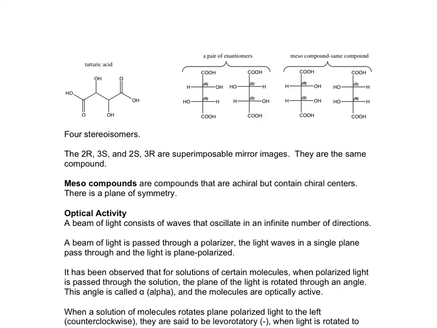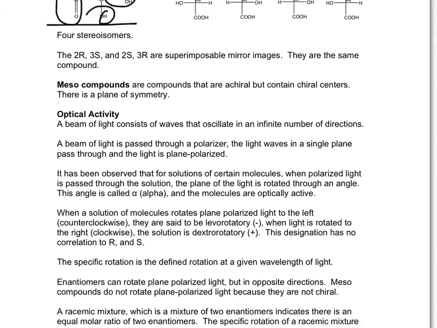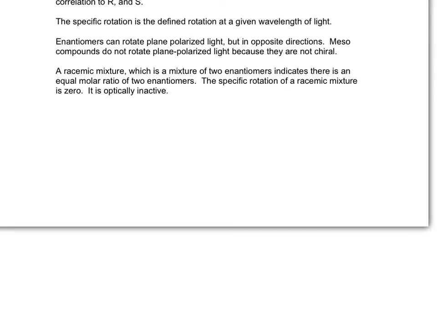So if we look at tartaric acid, here's the bond line structure for tartaric acid. You can see that we have 2 carboxylic acids and 2 OH groups. When we use the Fischer projections, and I'm sorry I didn't explain this, because I recall that we did Fischer projections in class. For those of you who weren't in class or just need a review, the way a Fischer projection is represented is that the vertical